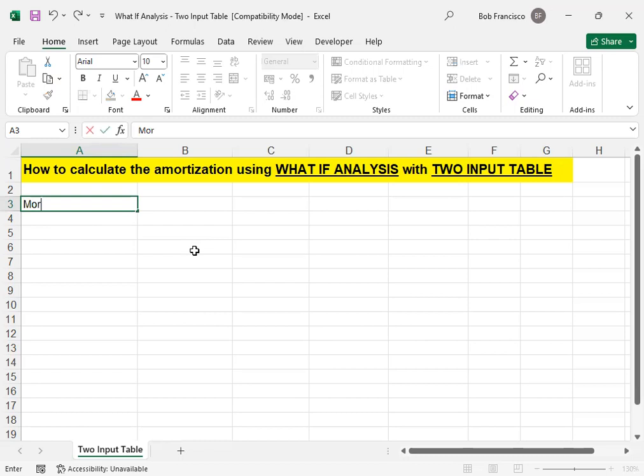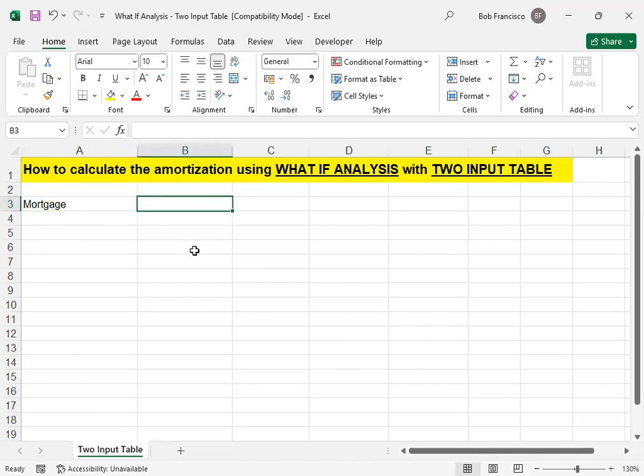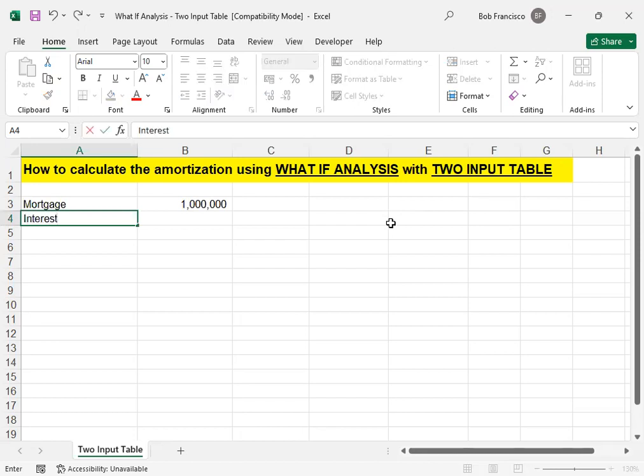So I'm gonna write here the mortgage. The mortgage amount is something like 1 million, for example. Let's make it 1 million by putting this comma, right? Then the next thing that we're gonna determine is the interest rate, because as per mortgage the bank will say, okay, I'm gonna give you a certain interest for me to release a certain amount of money